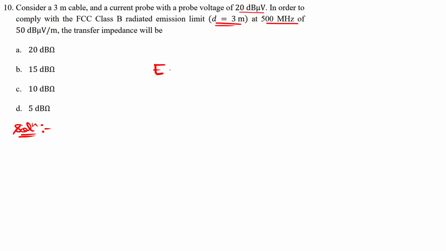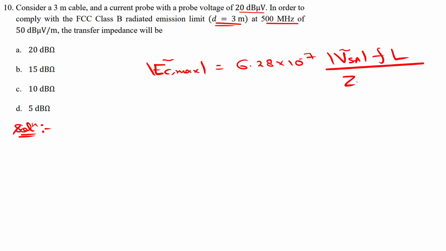So we know that E_C max is given by 6.28 into 10 to the power minus 7, into the voltage reading by the spectrum analyzer, into frequency, into the length, divided by the transfer impedance into the distance of the observation point. So now everything is given in decibels, so it's better to convert everything to dB. So converting this to dB